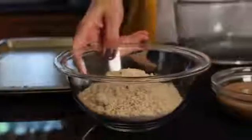Hi, I'm Lindsay Smith, creator of foodmoodgirl.com, and today I'm going to show you how to make peanut butter cookies using brown rice syrup. In order to make this recipe, you'll need the following ingredients: 1.5 cups of almond meal,